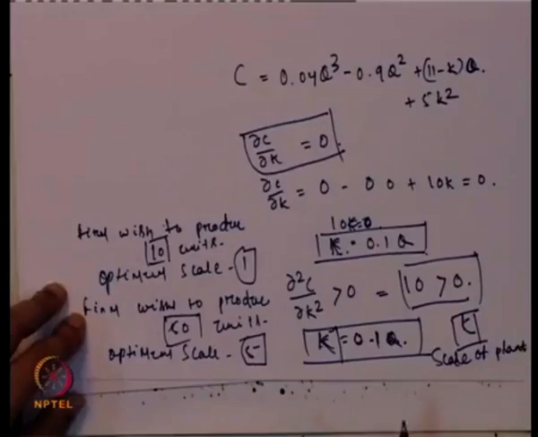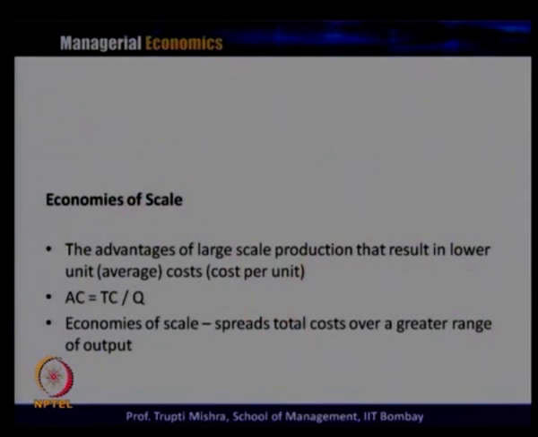So, this is how cost analysis is applied in identifying the optimum scale. If you look at the cost analysis, whether it is average cost, marginal cost, or total cost, in all these cases it is generally used when a business decision has to be made, irrespective of whether it is related to output, inventory, or scale.